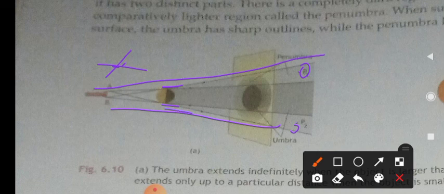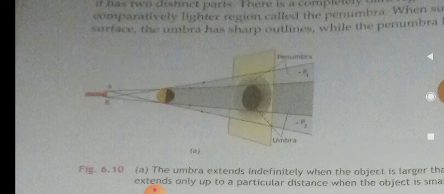So this upper surface forms comparatively fewer light rays. Okay, so this is the reason why the penumbra region forms. The region of the screen outside the penumbra gets light from the entire source. So when you keep a ball in front of a torchlight, you can watch this umbra, penumbra and the region where the light source is entirely focused. Okay, children, do you understand this? Hope so. Now look at this figure.